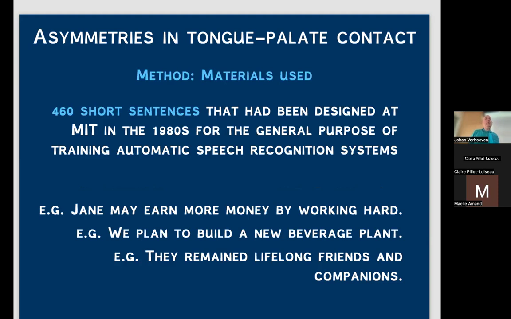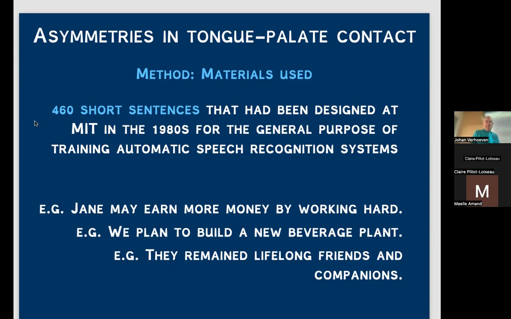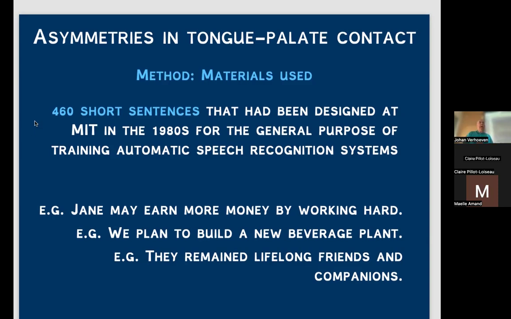So in fact, we used initially some data that were available on the website of the Centre for Speech Technology Research in Edinburgh, which is referred to as the Mocha-Timit database that contains not only EPG, but also EMA data on, I think, about 6 speakers that have been documented well. And the main collection consists of readings of 460 utterances